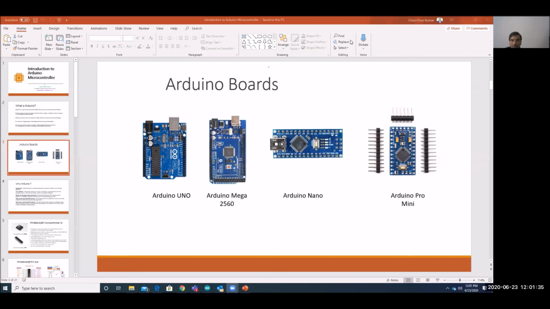Can we use Arduino sensors with Raspberry Pi? Some sensors you can connect, but some you cannot connect directly, because some sensor outputs will be 5 volt, but Raspberry Pi works on 3.3 volt. So you can connect a 3.3 volt sensor to the Raspberry Pi and a 5 volt sensor to the Arduino. Arduino is capable of reading both 3.3 volt and 5 volt sensors, because its input and output is 5 volt maximum. In Raspberry Pi, the input and output is 0 to 3.3 volt.